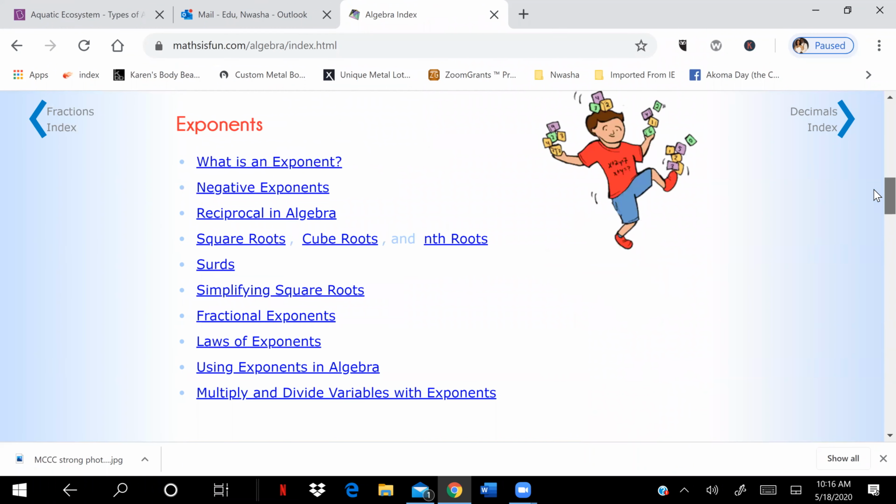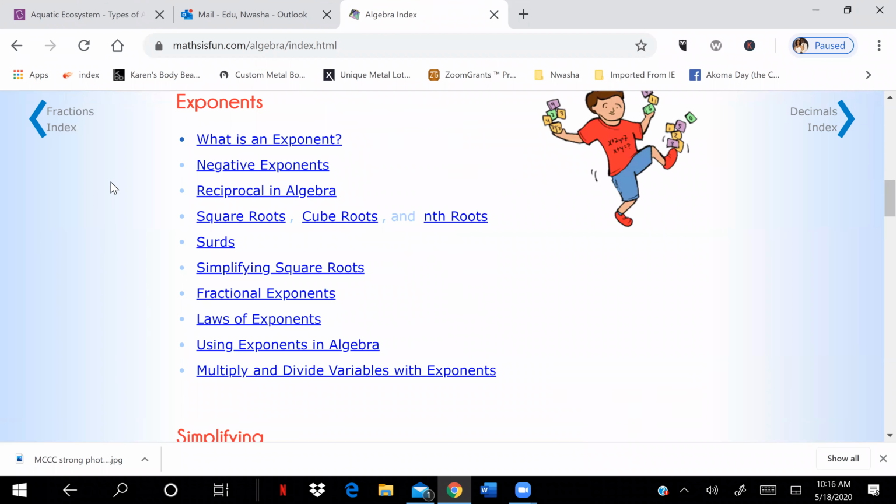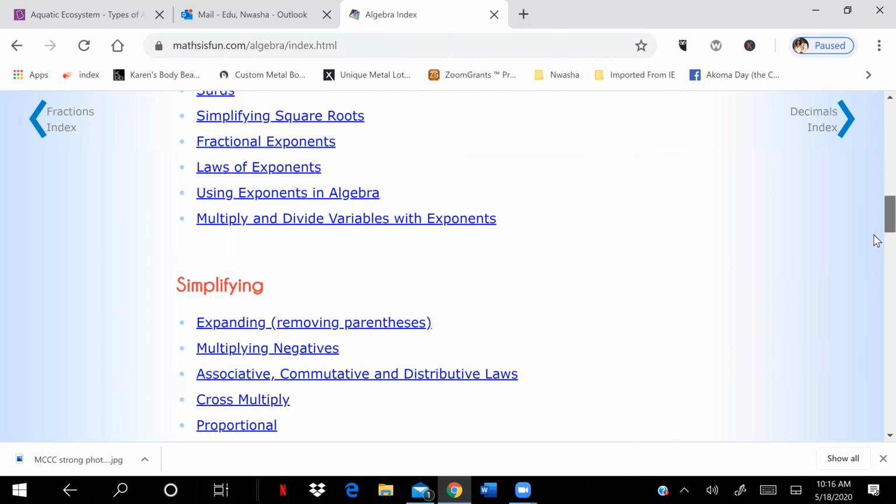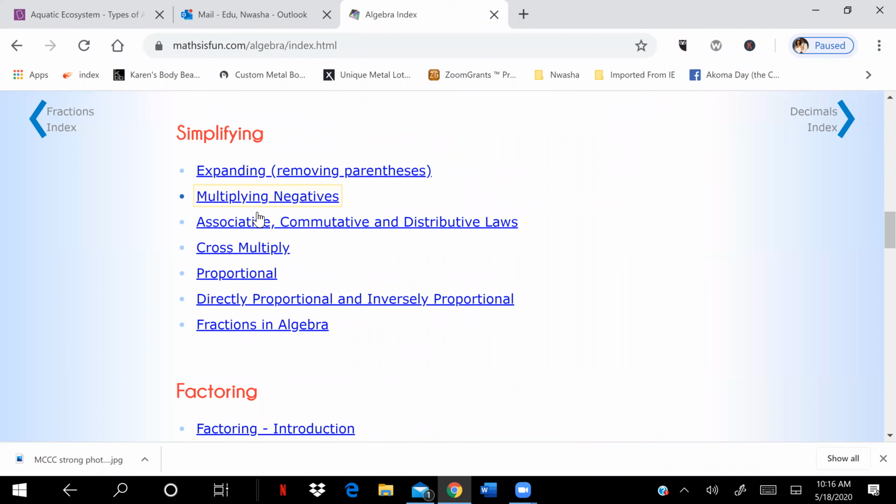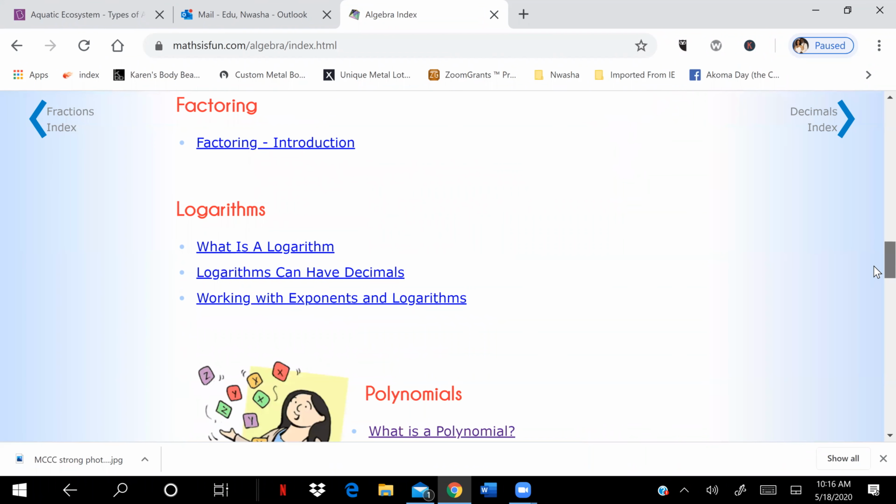And then we went over a little bit of exponents, and I know we went over a little bit of negative exponents, which was, if you remember, changing it to 1 divided by, so changing it to a fraction. We talked about reciprocals a little bit, then removing parentheses and multiplying negatives, a little bit of factoring, and then